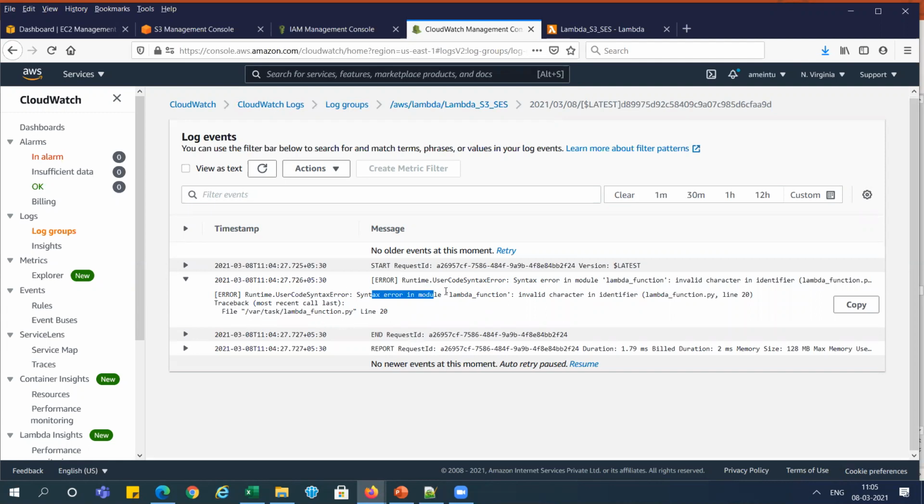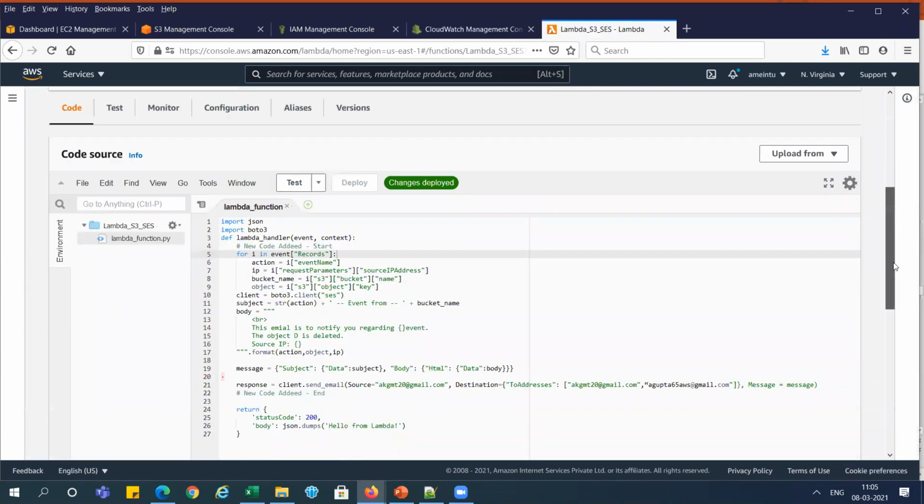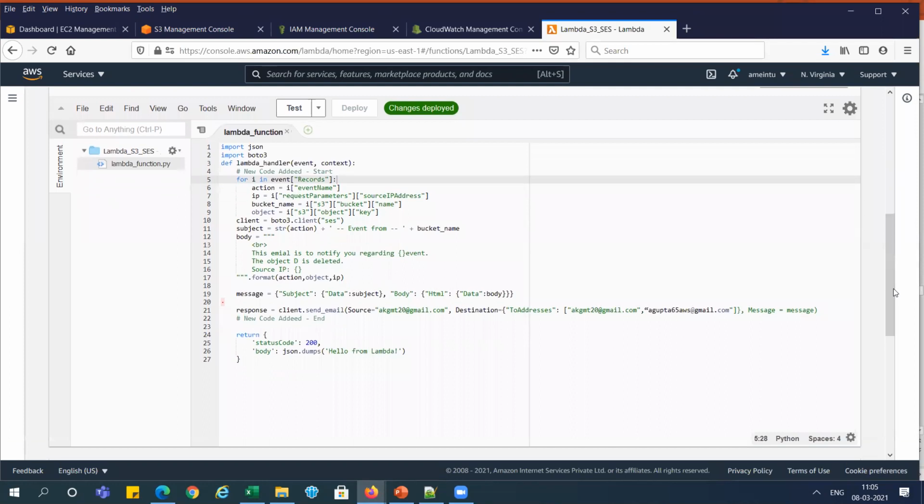I think it is showing some syntax error there. So we need to correct that code. This code contains an indentation error, right? So let me correct that code. I think the dot is wrong.